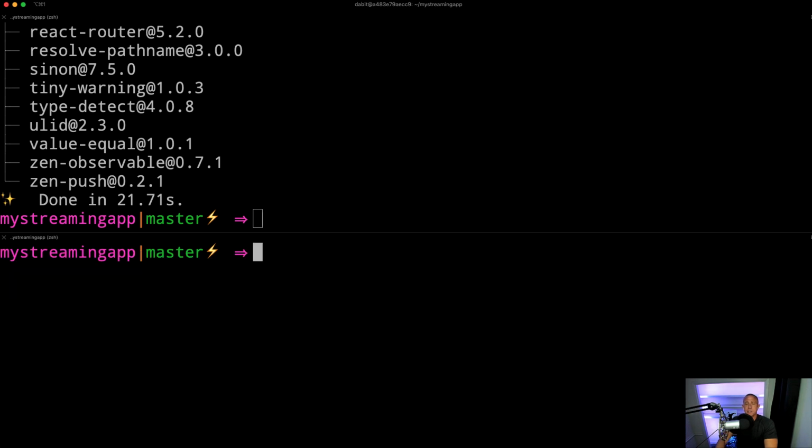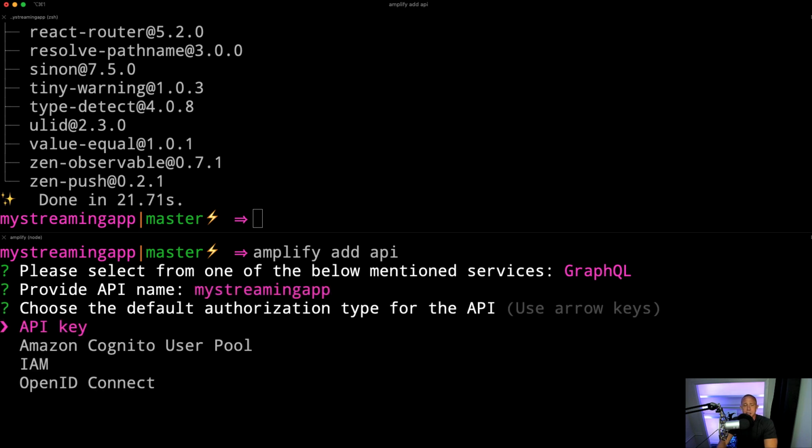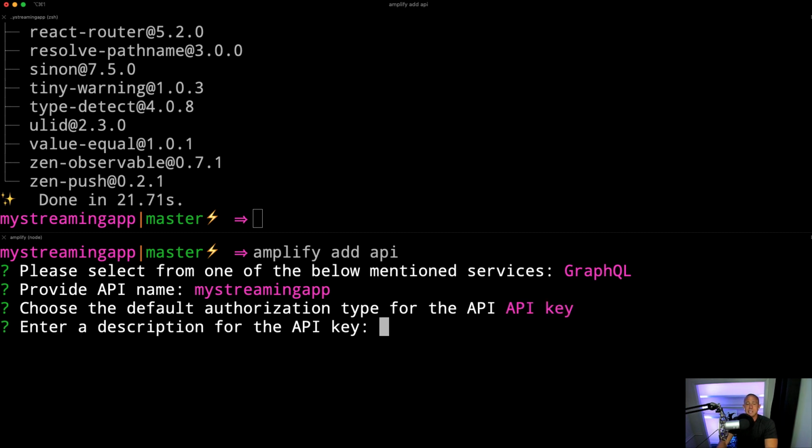So we chose the default configuration for the auth, so I'm going to go ahead and run amplify add api, and this is going to be a little more custom. We're going to choose GraphQL. We're going to choose an API name, which is fine as a default. We're going to now need a default authorization type, and we're then going to add another one because we want to provide public and private access. So I think I'm going to do public access as default,